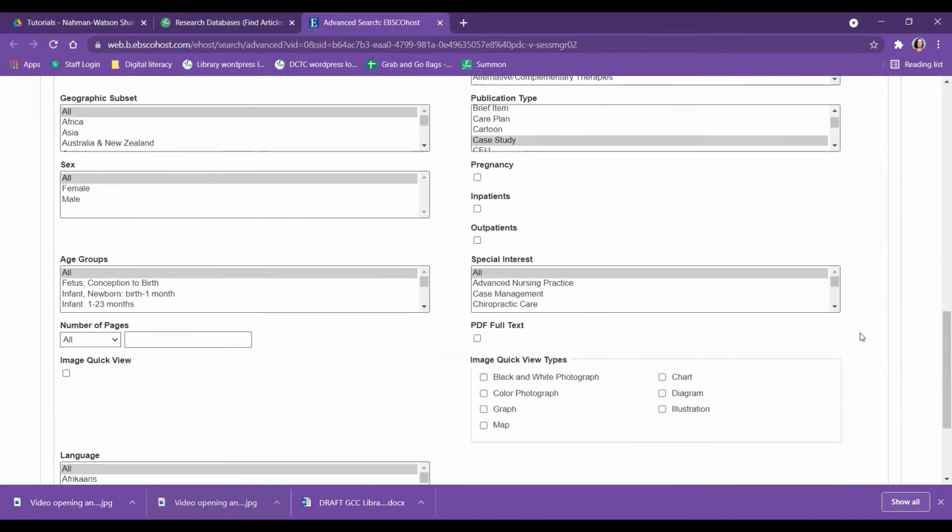The last thing we're going to do is select the page number. Because for this project, if you'll remember, Professor Dodge wants you to use case studies that only have about 1.5 pages to 2 pages of text, and they might also have a page or so of references. I'm going to set this as less than 4 pages, and hopefully that's going to bring me to case studies that are the proper length.